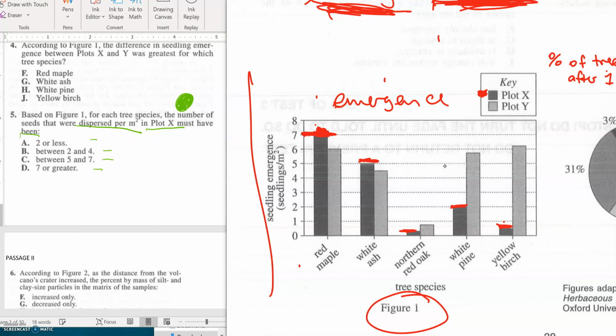It's just, it had to be 7 because at least 7 grew. It could have been over 7, and if it was 10, they dispersed 10, but 3 died and 7 grew. But anyway, it had to be at least 7 with its little hat, or it could have been more, so that is